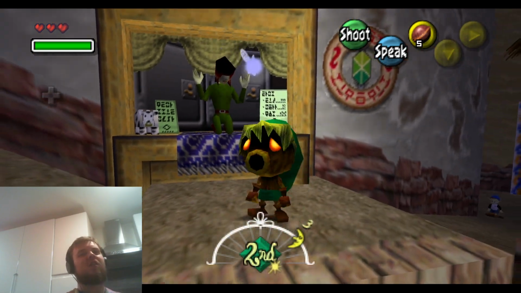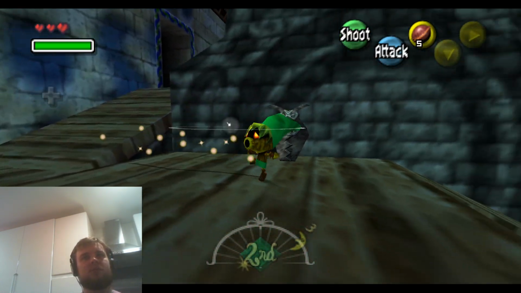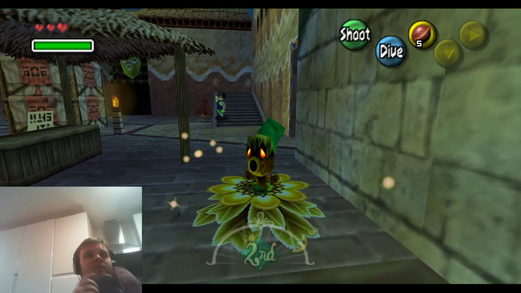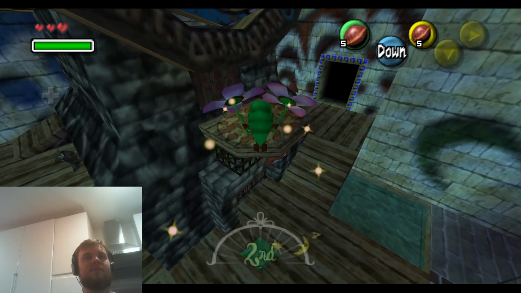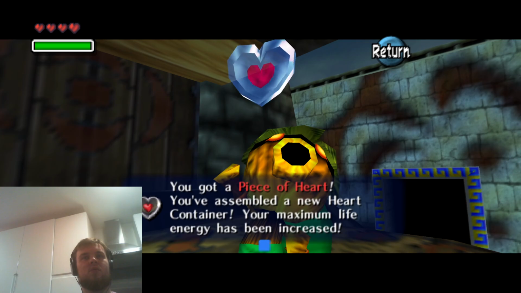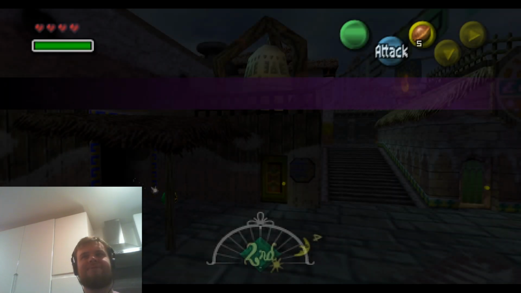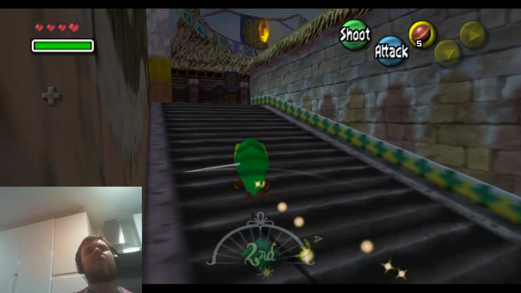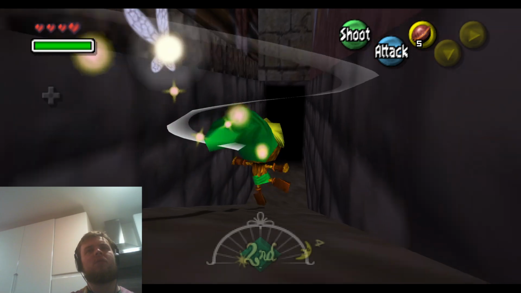I forget about the little sound effects these guys all make, like various people in the world. Right. New heart container, go away Tattle. Right, I have it on good authority that treasure chest minigame is useless. Right, so